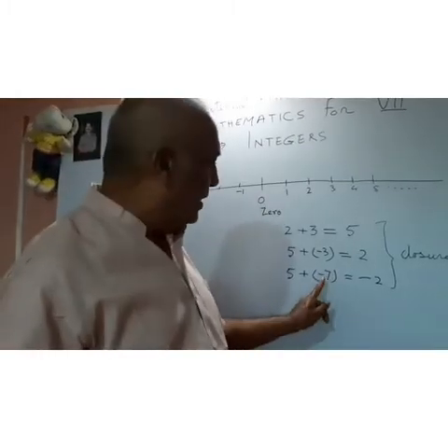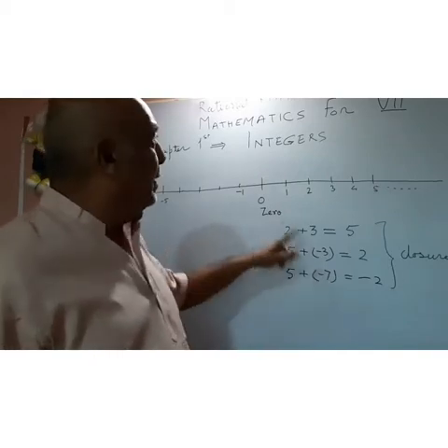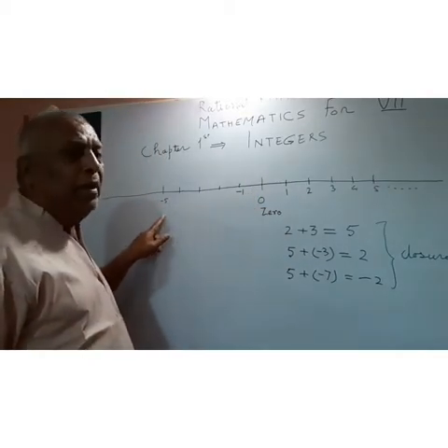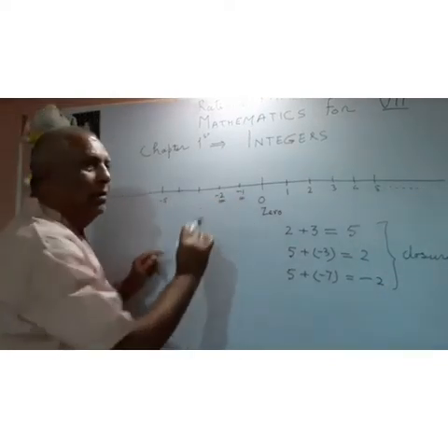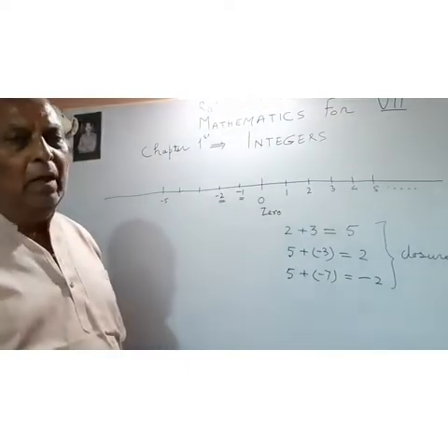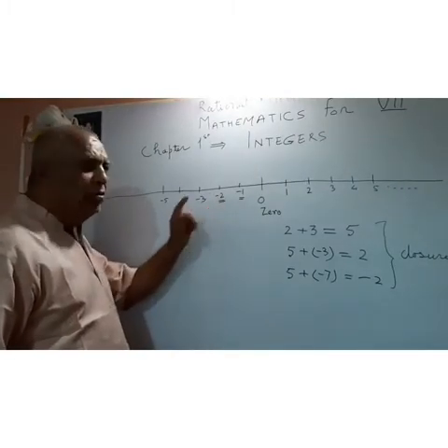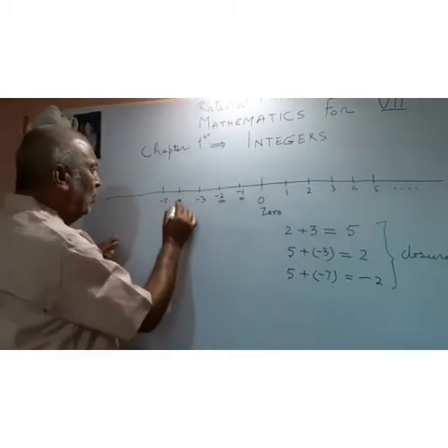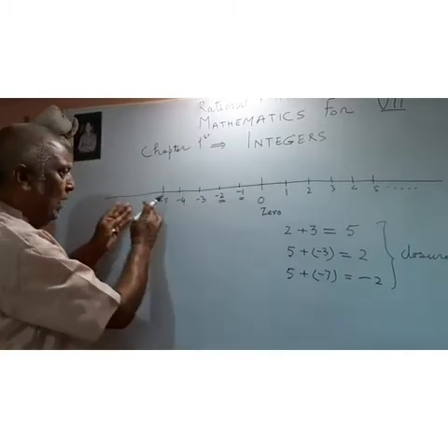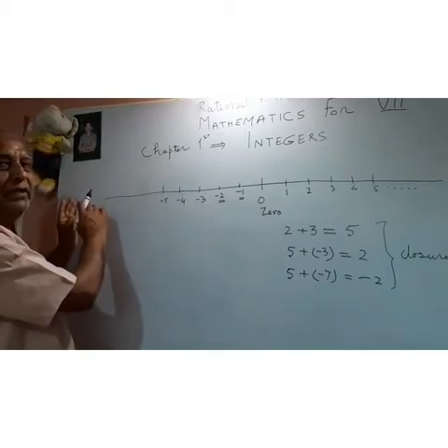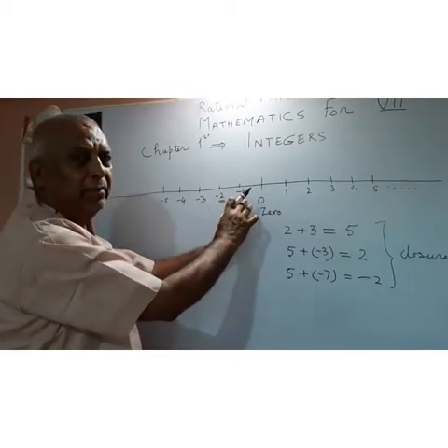bigger, but actually one thing I want to say to you, at the number line, when you move to left, minus 1 is greater than minus 2. One thing, this is to be clear. In the same way, minus 3 is lesser than minus 2. Minus 4 is also lesser than minus 3, and so on. As you go to left, you decrease the number. As you go to right, it increases the number.